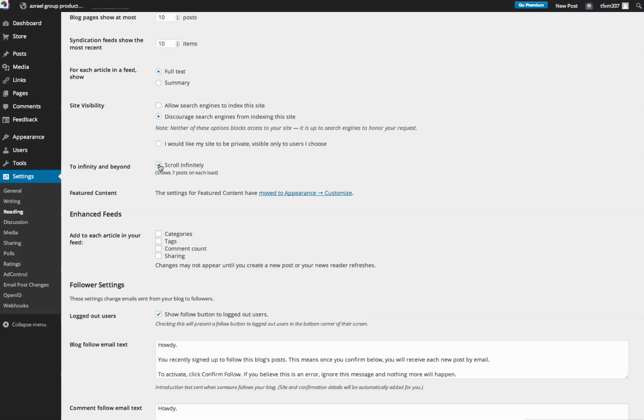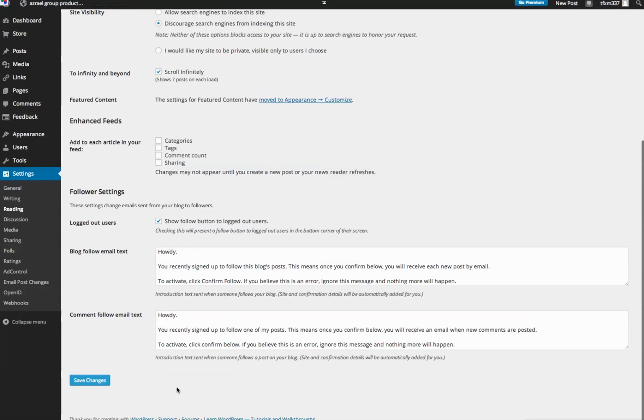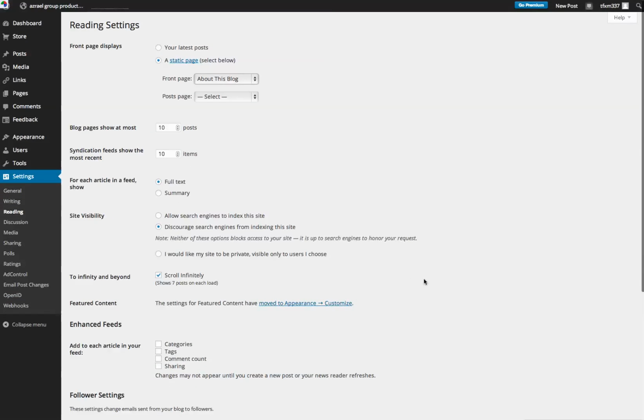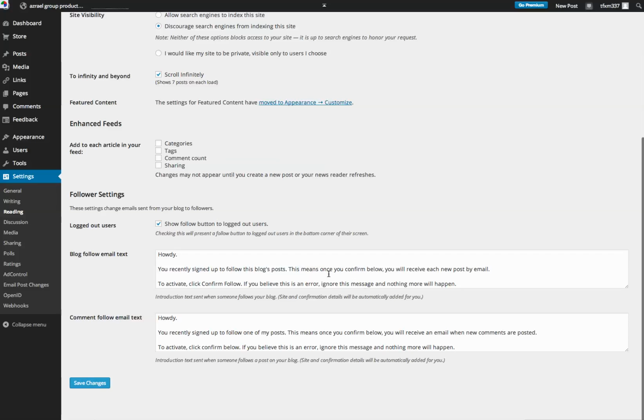Do you want to be able to scroll infinitely so you can keep scrolling instead of going to different pages for blogs? And then you can enhance your feeds by adding these to your articles, showing your categories and tags, comment count, and sharing. And then below here, you can set follower settings. And as you can see, show followed button to logged out users. And this is the email text that will be with it. So this is just general reading and following of your blog and how WordPress lets you extend your blog's communication